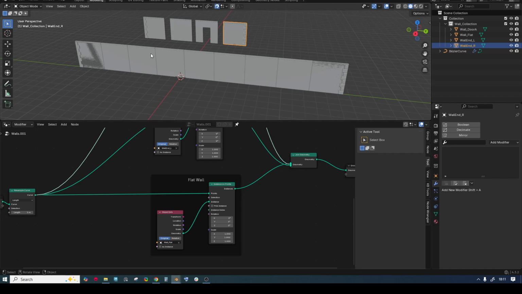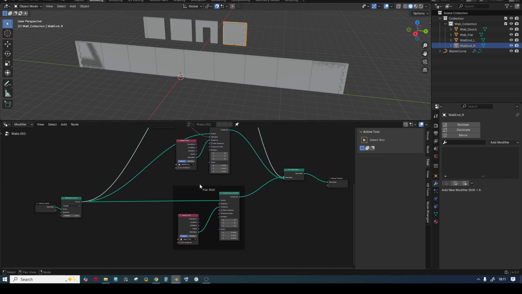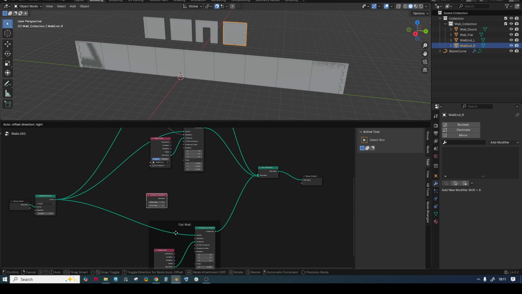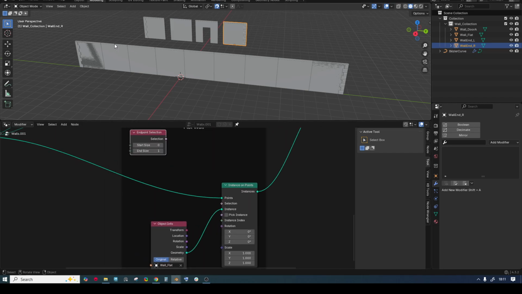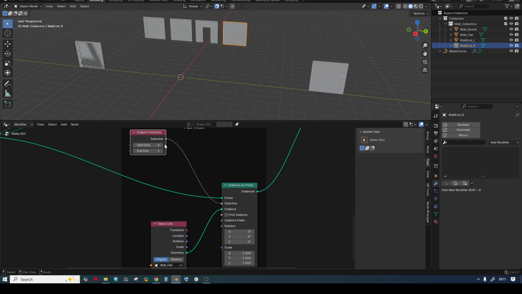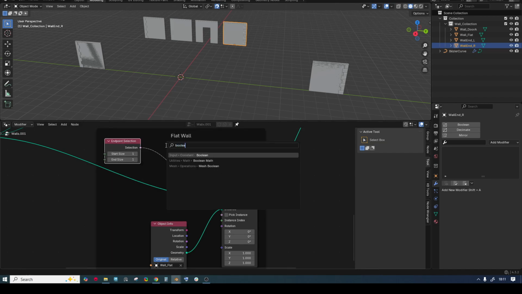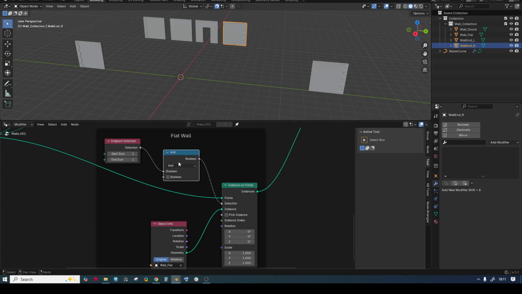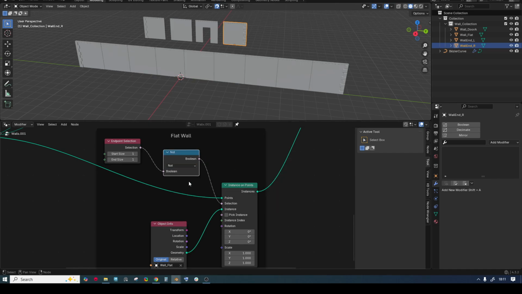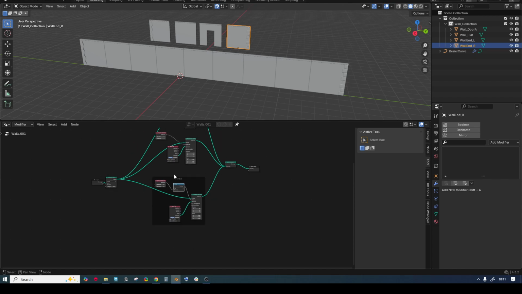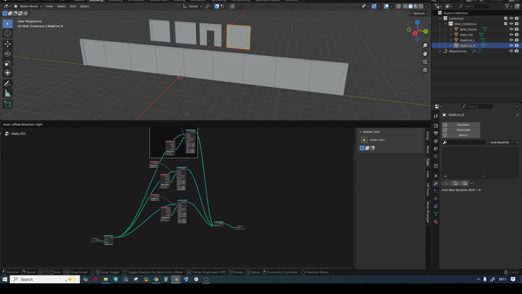So now I can see my flat wall is everywhere, so I need to specify through my endpoint selection that I want the flat wall to be visible everywhere except first and last point. So to do that, I'm gonna have first and last, and gonna add a boolean math and say not, which is gonna be except. So you can see now it's only in between. So this is my flat wall,